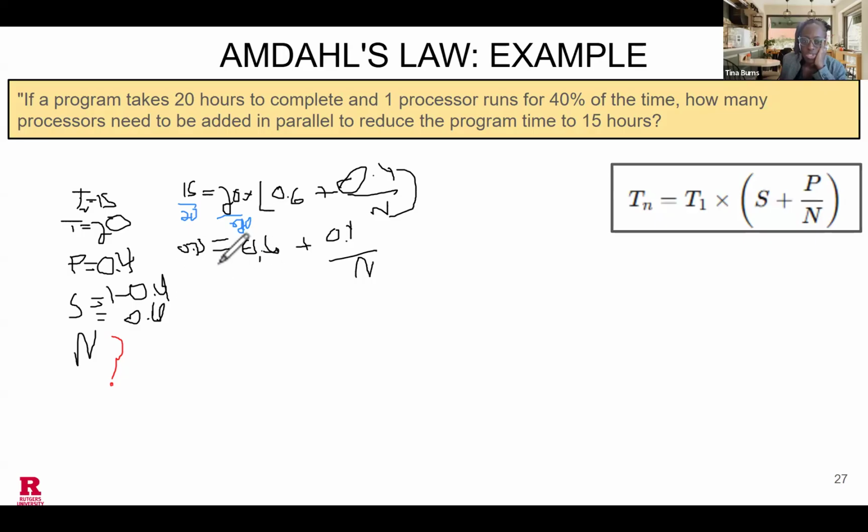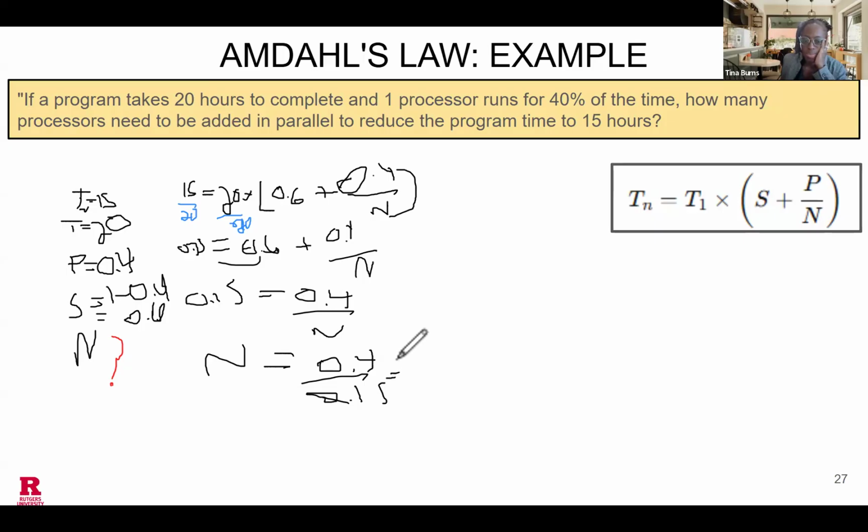Then once I bring this over to this side, I have 0.15 because I'm going to subtract that. That's going to be equal to 0.4 all over n, right? So I can say n is going to be equal to 0.4 over